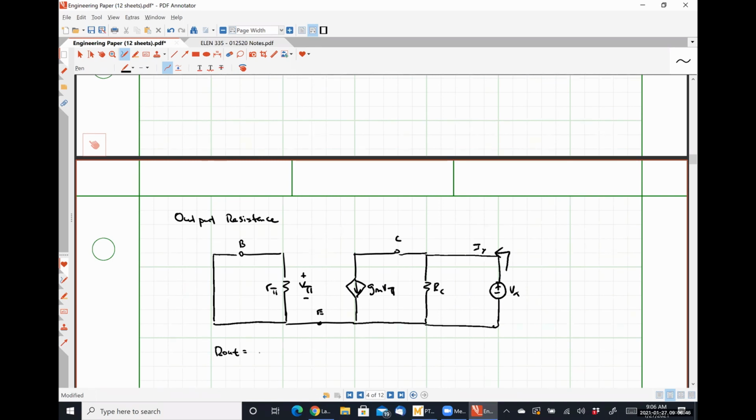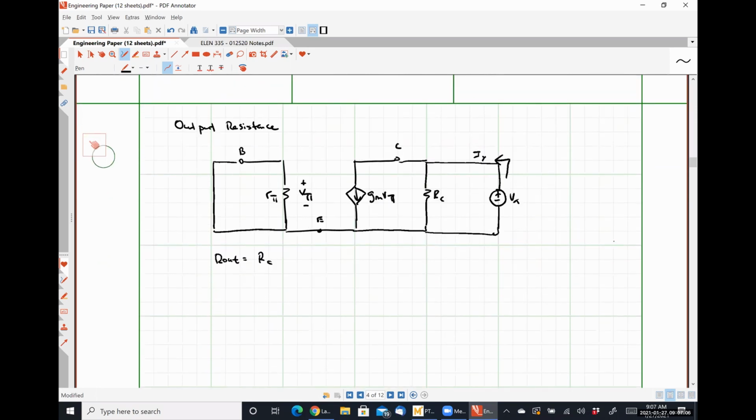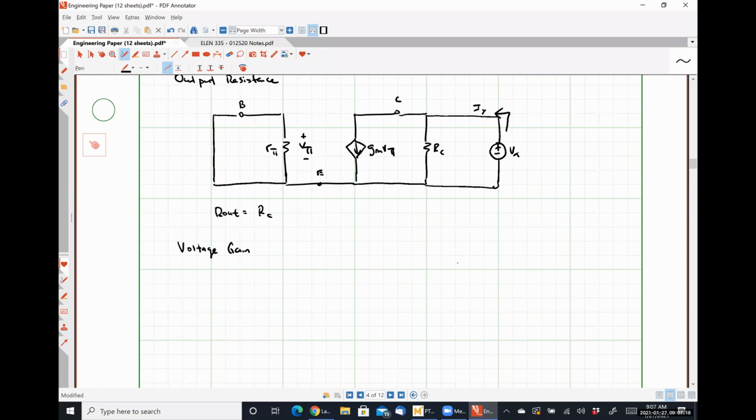0. So V pi is 0, then GM times V pi is 0, which means all that current Ix flows through the resistance RC, so our output resistance must simply be RC. And lastly, let's look at our voltage gain. So starting with my good old small signal model,